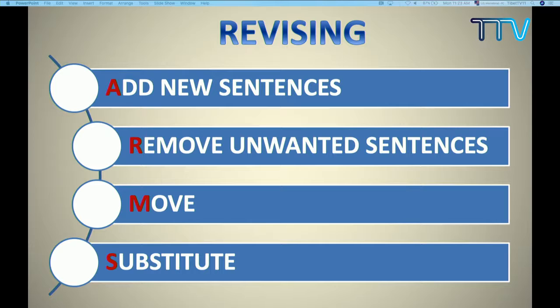For example, if there is any need for a new sentence, or if I've got so many simple sentences, I'm going to use a compound sentence, or a complex sentence. And the second one, remove unwanted sentences. You have written one draft. Now try to see if there are some unwanted ones, and you just take them out. This happens in revising. And if you need to shuffle some sentences up and down,